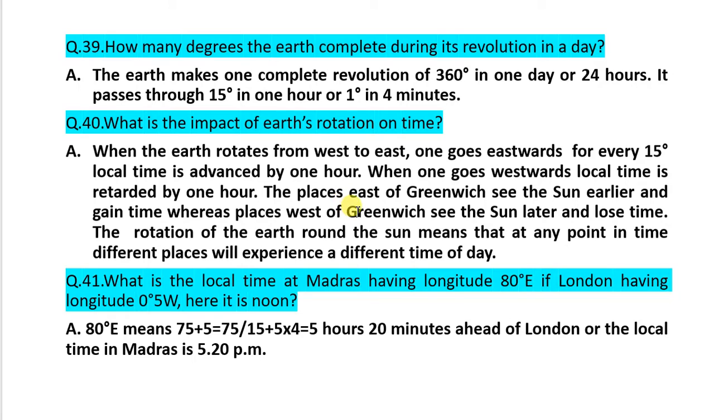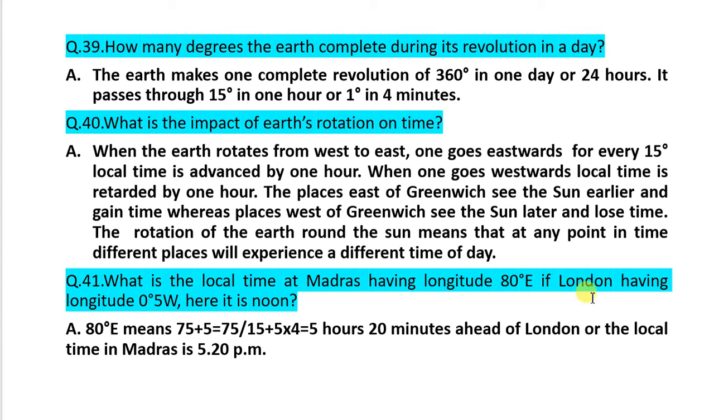The places east of Greenwich see the sun earlier and gain time, whereas places west of Greenwich see the sun later and lose time. The rotation of the Earth around the sun means that at a certain point in time, different places will experience a different time of day. Clear? Next question. What is the local time at Madras having longitude 80